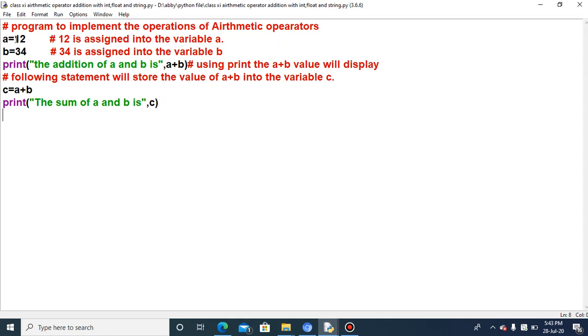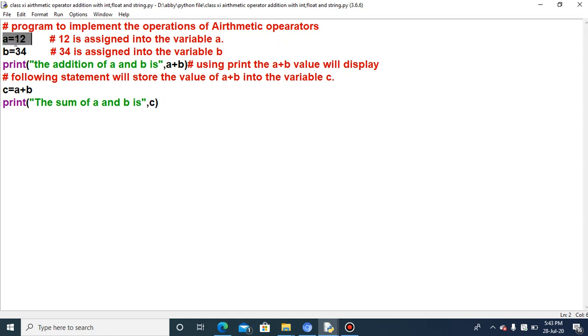After this identifier, I have used the equal to. This equal to is an operator. Operator is also a type of token. This 12 is the literal or the constant. A literal constant is also one of the tokens. So 3 tokens I have used in this line: A equal to 12.